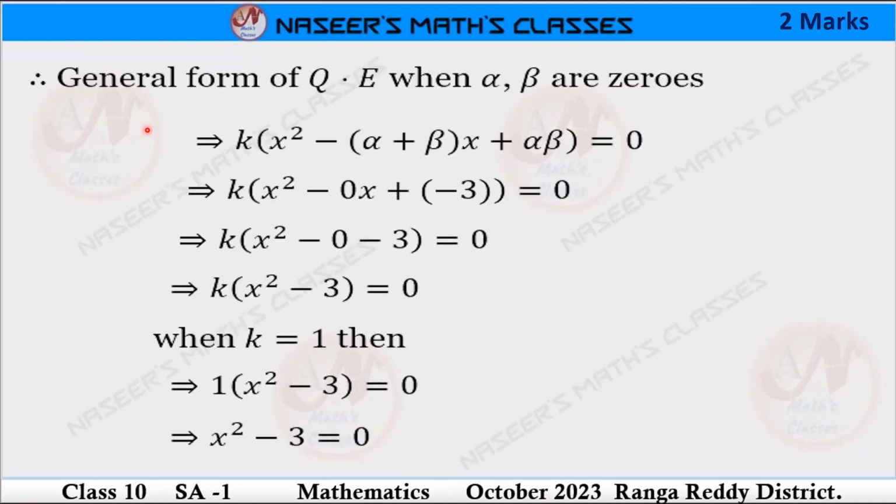Next, we already know the general form of a quadratic polynomial when alpha, beta are zeros is written as k into x square minus (alpha plus beta) times x plus alpha into beta, is equal to 0. Next, by substituting the sum of the zeros and product of the zeros values from above, we can write it as k into x square minus 0 into x plus minus 3 is equal to 0. Here 0 into x is written as 0. Next we can write it as k into x square minus